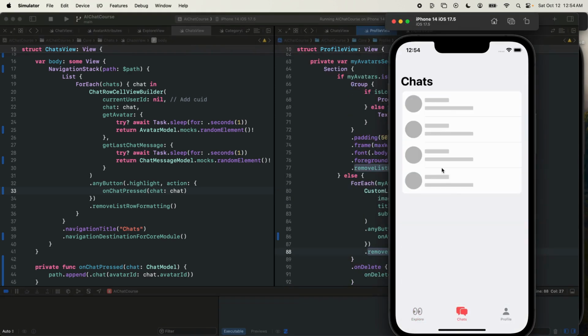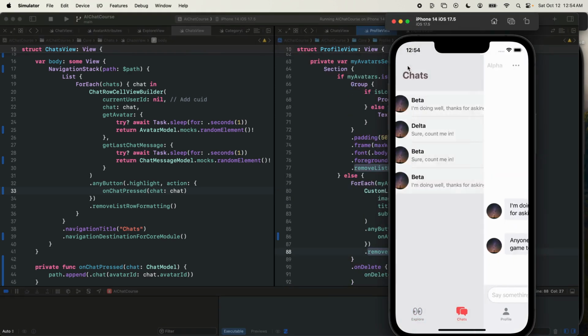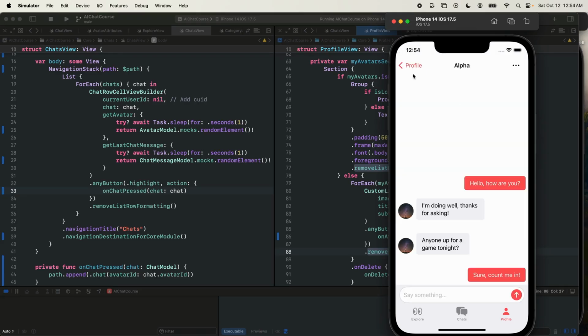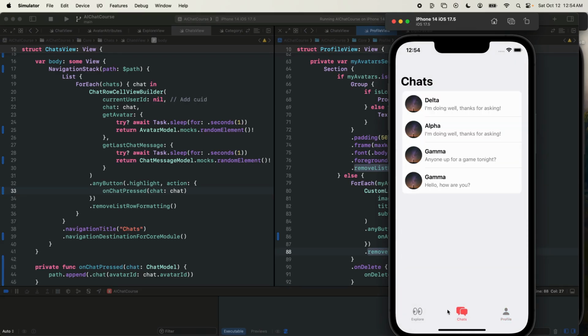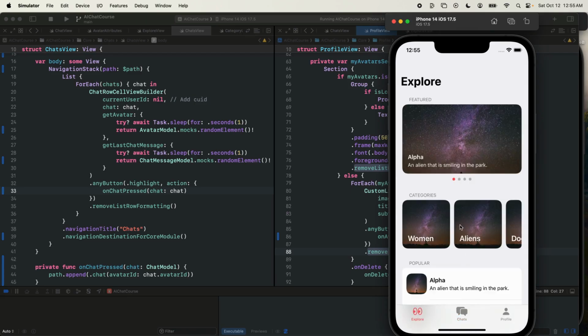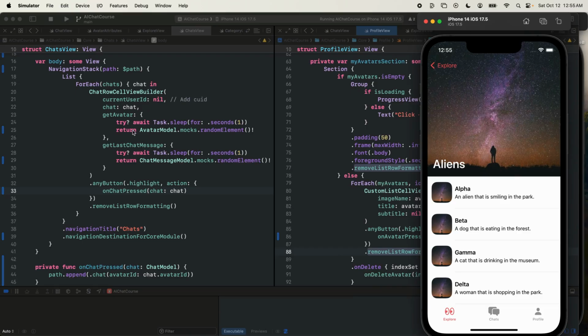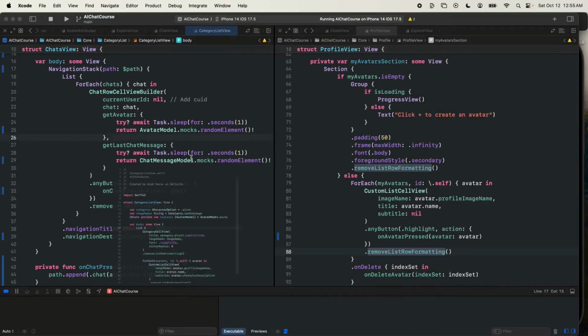All right, let's make sure this one works. Beautiful. Let's make sure this one works. Beautiful. And then we have one more screen that we have not really checked out, which is when we go into the alien screen, then we want to be able to click on alpha and go from here into the chat screen as well. This is where our next problem comes in, because if we look at the category list view,